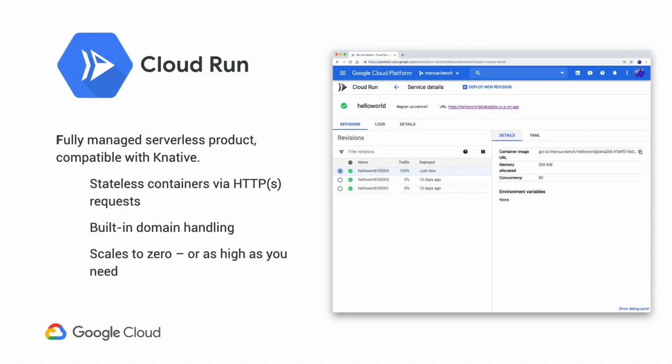Cloud Run is amazing for application developers because if you've got any stateless components in your application, you can package them up in a container and just give it to Cloud Run. Cloud Run is going to deploy it for you, going to give you a secure URL that you can map to your own domain, and it will scale it for you. You don't need to think about any of the rest. You just focus on your code.